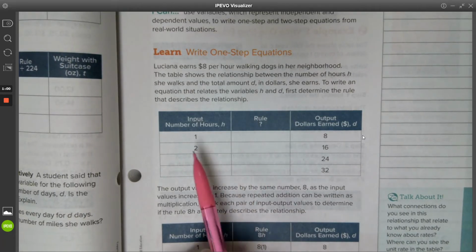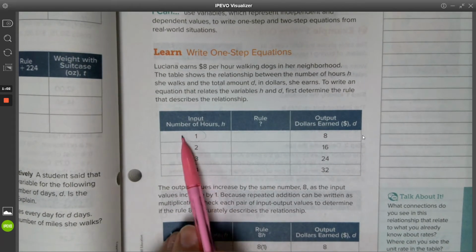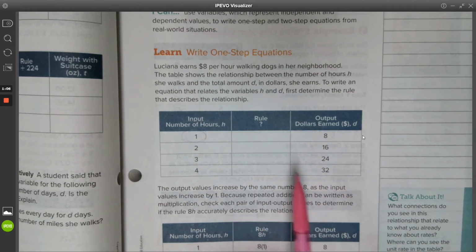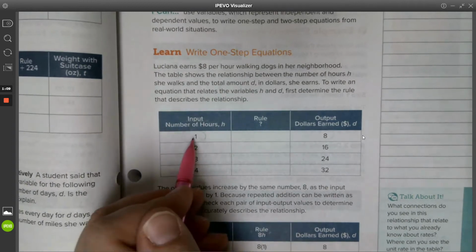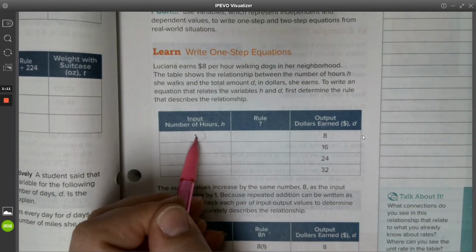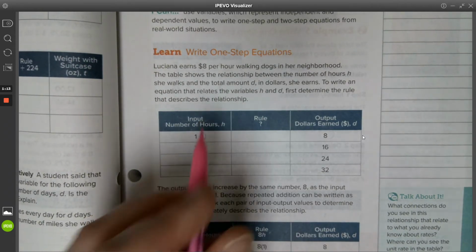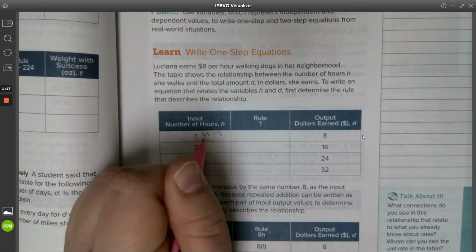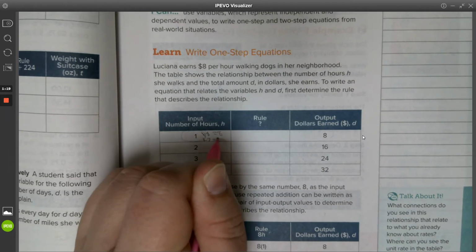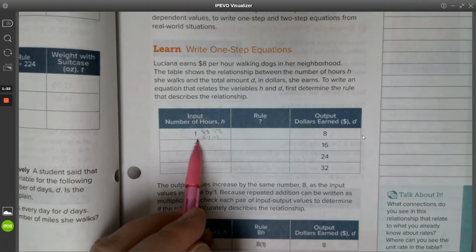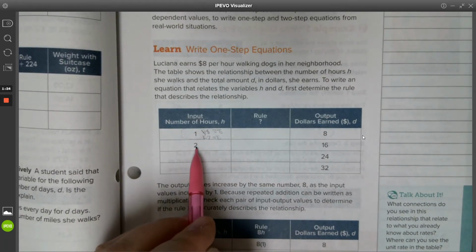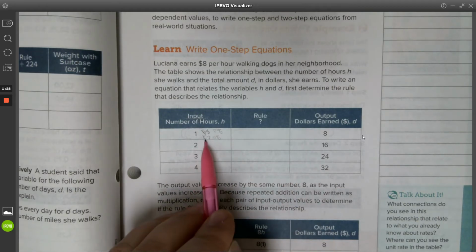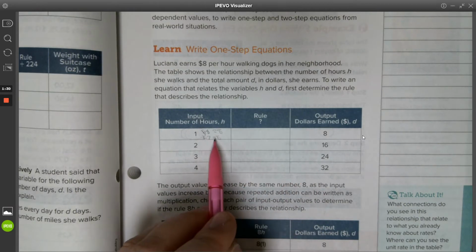To write an equation that relates the variables H and D, we first determine the rule that describes the relationship. So what we want to do is look at our input. Our input here is 1, and our output is 8. Now, there's two different ways to go from 1 to 8. You could do 1 times 8 equals 8, or you could do 1 plus 7 equals 8. So there's two different ways to get to 8. So let's try it with the next number. Now, if we use 2 and we get 16, 2 plus 7 doesn't equal 16, so we know that